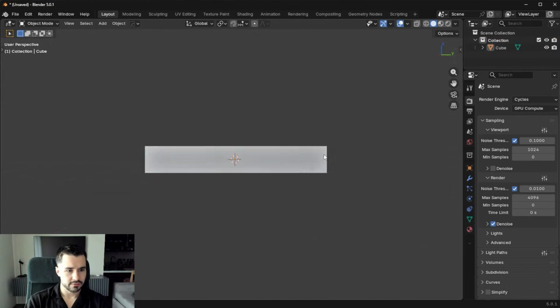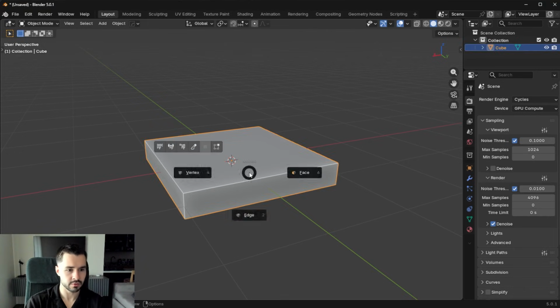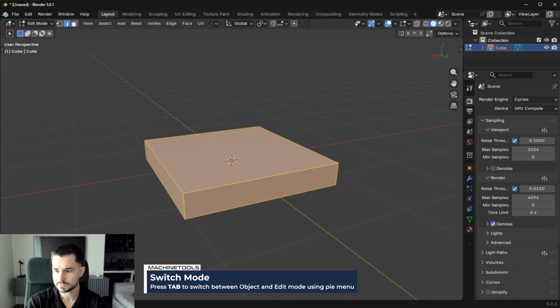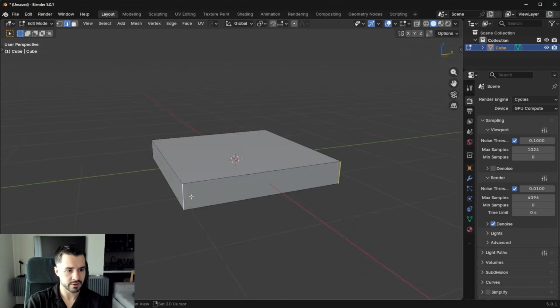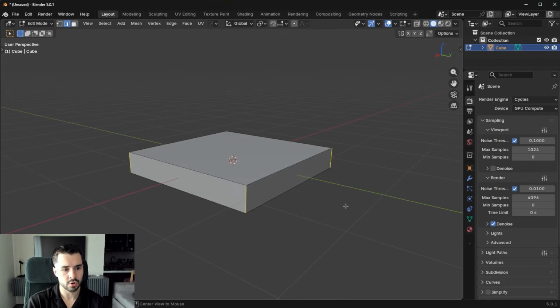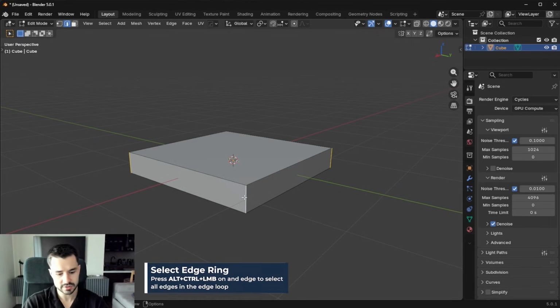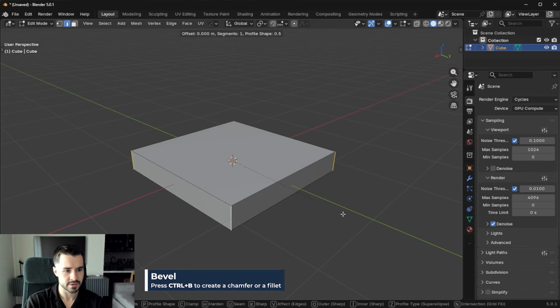Very simple. Alright, so before we add any booleans, let's make this shape look a little bit more interesting, more visually appealing. So what I'm going to do is go into edge mode, so tab, edge, and I want to bevel all of the edges right here on the object. There's a few different ways to select these. You can shift click on the edges with the shift button. Or if you have edges in the same direction that are the same size, you can press Control Alt and then left click. That's going to select all the edges in the same direction. And then we're just going to press Control B, move our mouse to the right, scroll up a little bit,